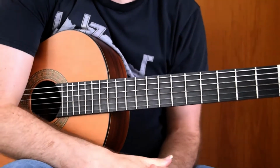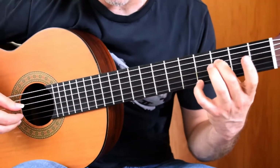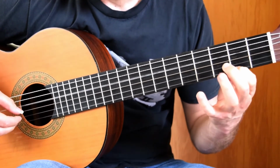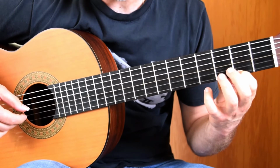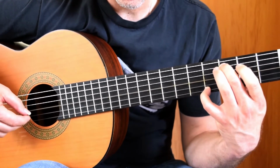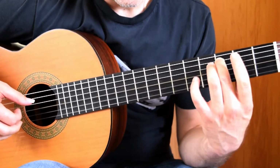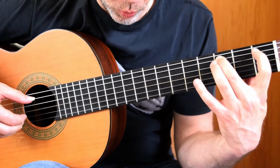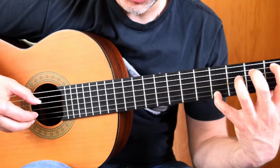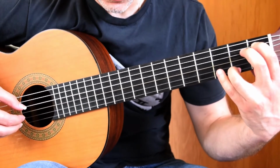Okay, so before we play through this, I'm just going to walk through the fingers nice and slowly. So obviously we have a 2 on the F, 1 on the F sharp, 2 on the C, 1 on the F sharp, leaving that 2 down for as long as possible, 1 on the B flat, 4 on the G sharp. I would suggest using 3 on the F sharp here,